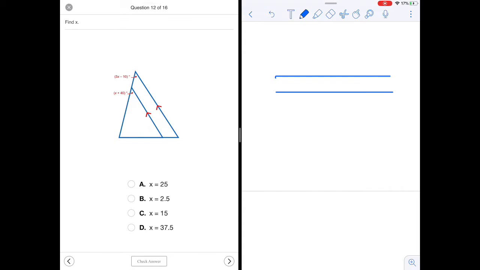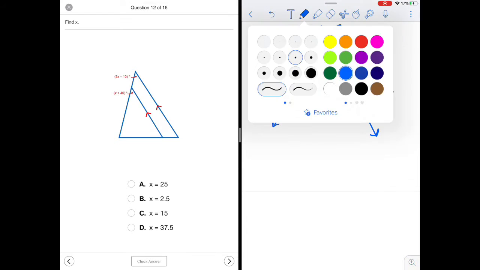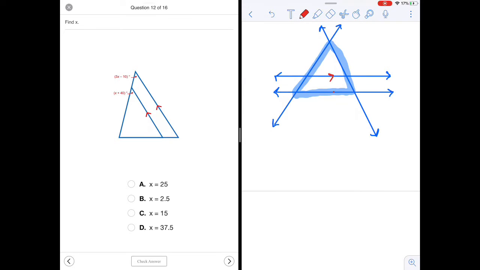I'll try to keep it as similar to what it was as I can. All right, this is not the best drawing, but it'll work. Essentially I've just rotated it sideways, so my initial shape is just right here, but I've extended those lines. All right, so I know that these are parallel,